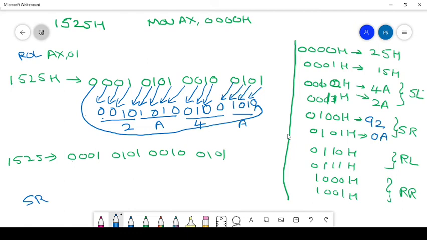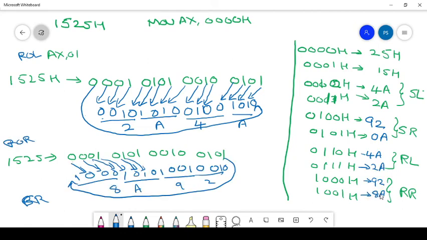Now we are going to observe, for the same program, by executing it in MASM software, whether we get the same answers or not and how they are stored.